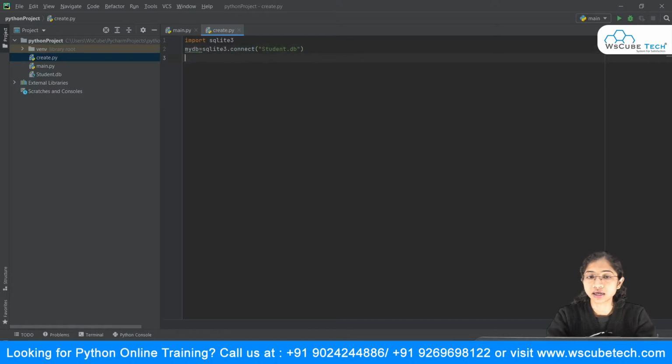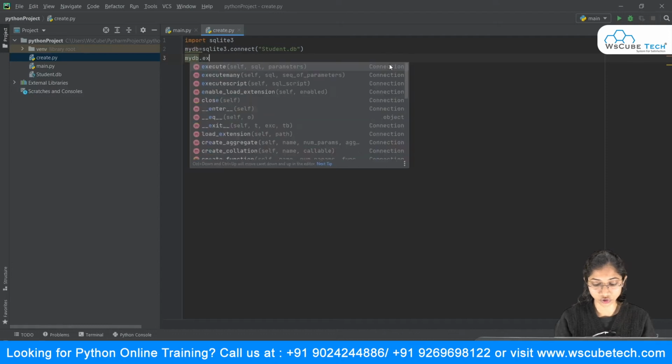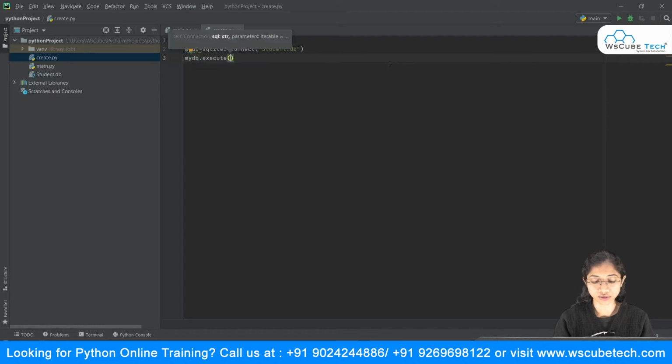So this was my second step, in order to connect with my database. Once this is done, the next thing is I want to execute a query. So I want to make use of the execute command. I will say mydb.execute, and inside this I will type the query, and put this inside a variable name, suppose x is equal to, and here I want to write down my query. This time I'm going to make use of the select query because I want to display all the records of my database here in my Python.